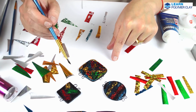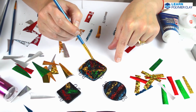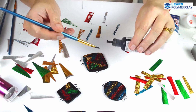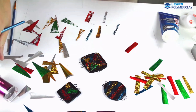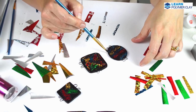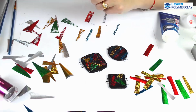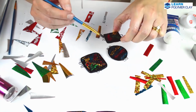And as I said earlier, if you decide that you've applied too much foils and you would like your background to be visible more, you can use black acrylic paint and paint on top of the foils. And I also decided to paint a black border, because I wanted to enhance the faux fused glass effect. But again, if you don't want to do this, you can totally skip this step. If you think that this would take too much to finish such beads, you can totally leave out this step,